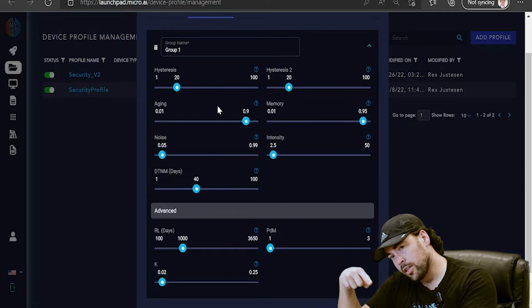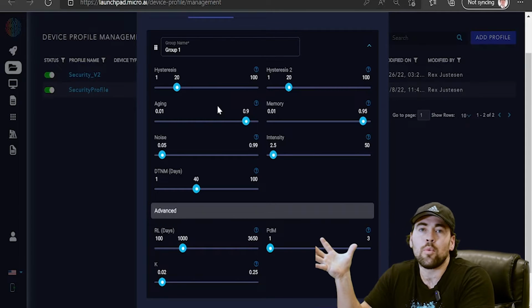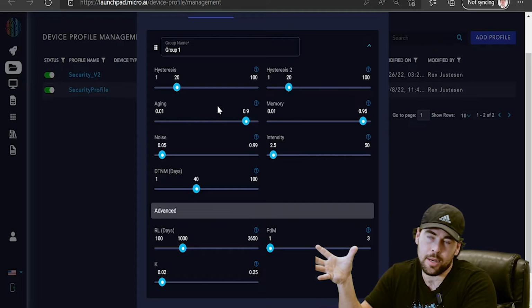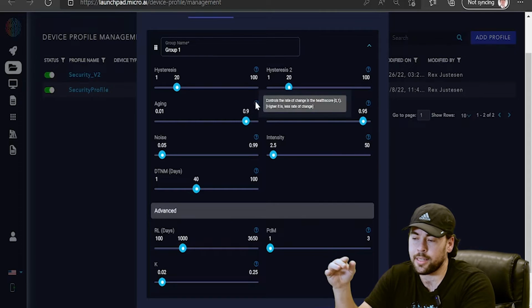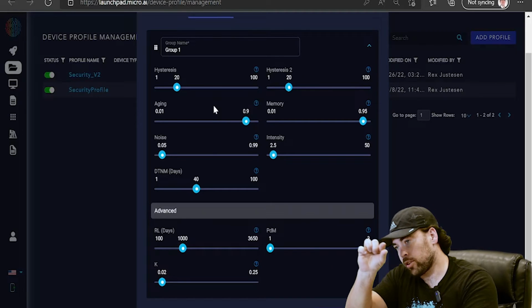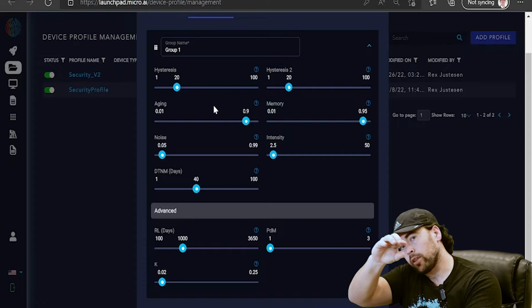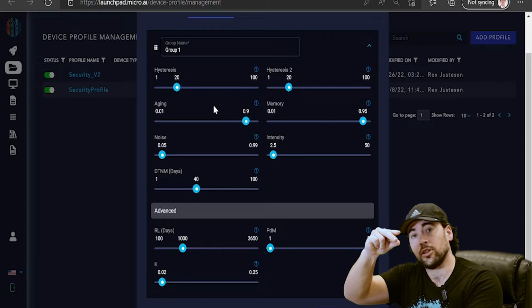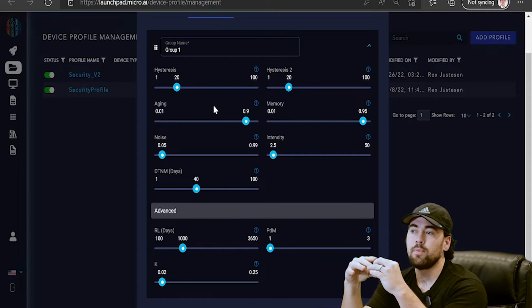Maybe it'll go from 100 to 95 back to 100. So no real big anomaly is happening. That's just what the AI is detecting. The higher you increase the aging, there's going to be less rate of change. So the health score isn't going to change as much. And this is for the